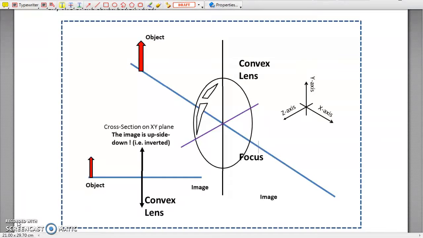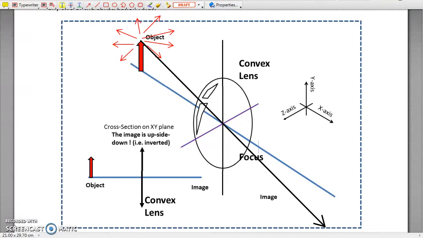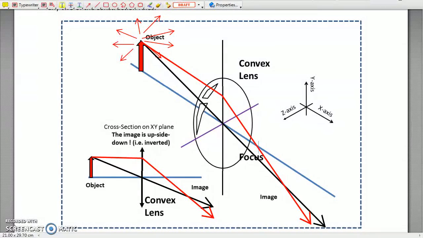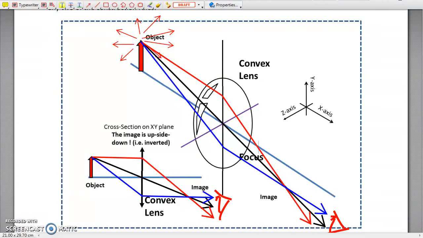First, the light rays from an object go in all directions. However, we can draw construction rules to find the image. We may draw any two of the three construction rules, or we may even draw three of them, and you can see that they intersect at the same point where the image is. So, a ray diagram is simply the cross-section of the actual situation.